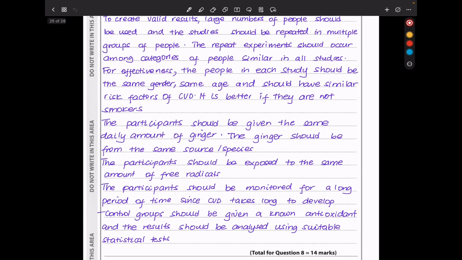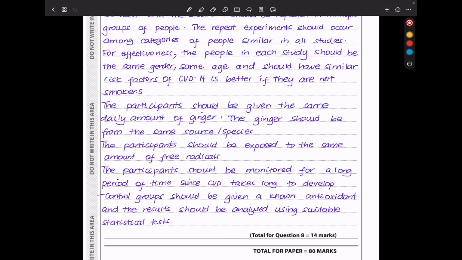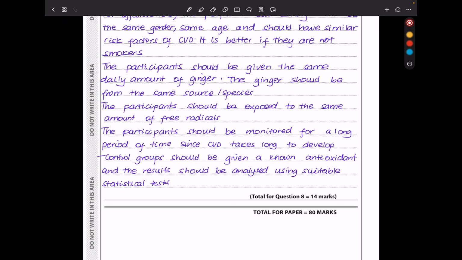The participants should be given the same daily amount of ginger. Of course, if you're using liquid, you squeeze and get out the liquid. It should be the same concentration and same volume. So the ginger should be from the same source or same species. The participants should be exposed to the same amount of free radicals, and then the participants should be monitored for a long period of time since CVD takes long to develop. They should include control groups, and these should be given a known antioxidant, and the results should be analyzed using suitable statistical tests. So this brings us to the end of question 8